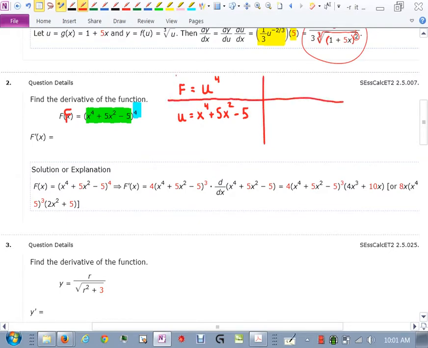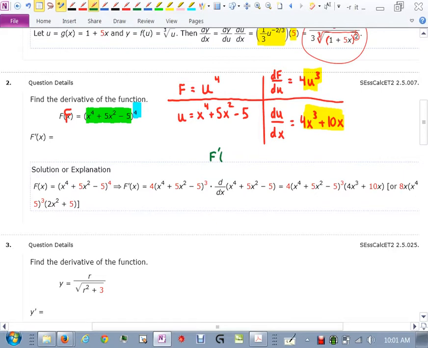I take the derivative of each of these. The derivative of f with respect to u is equal to 4u cubed. And then the derivative of u with respect to x is 4x cubed plus 10x. And of course, the derivative of negative 5 is 0. And now what I do is I multiply these two together. So when I multiply those, I get my final derivative, and